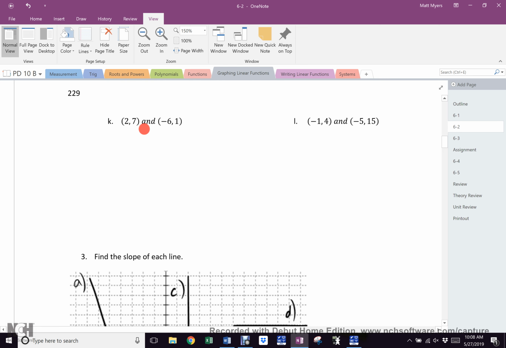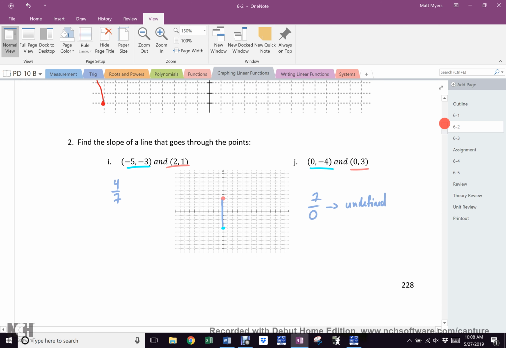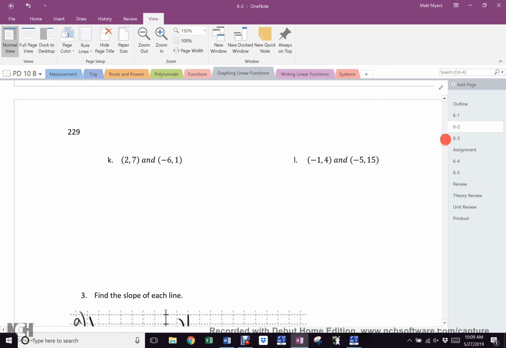What's different about K? There's no graph. But please notice, this is 7, yes? What do you know about the distance between -4 and 3? It's 7, right? So, since slope